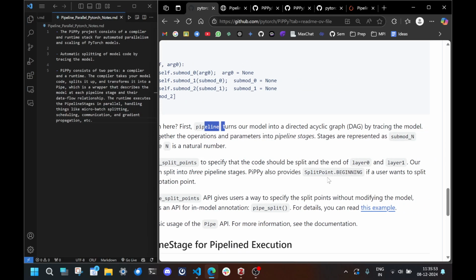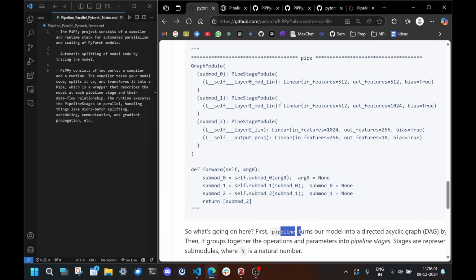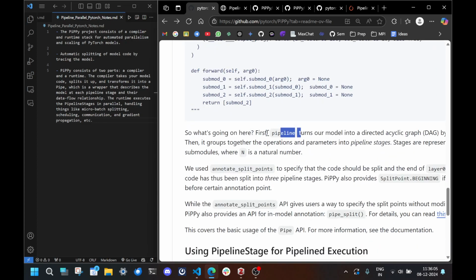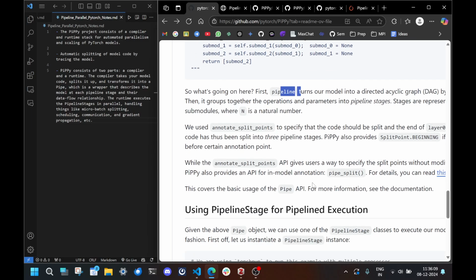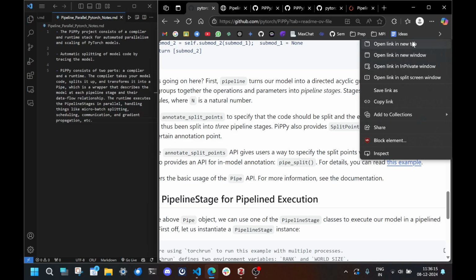So you get 3 stages. You also provide split point at beginning if the user wants to split before certain initiation point. Okay, so if you want, maybe you can then do before layer 1 and layer 2. That would also give the same result, I believe. While the annotate split point API gives user a way to specify the split points, you also have an API for in-model annotation, and this is the